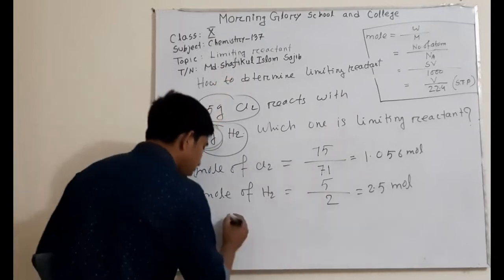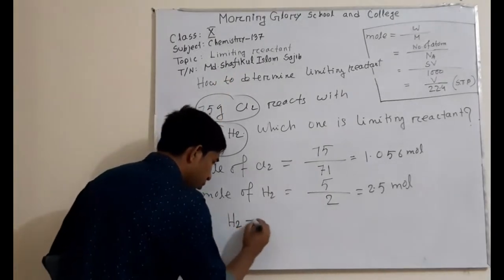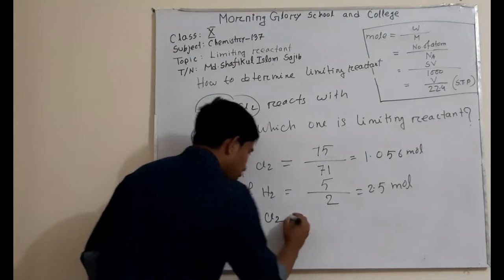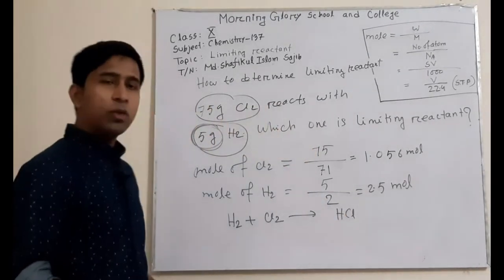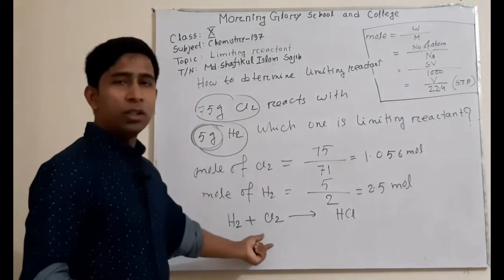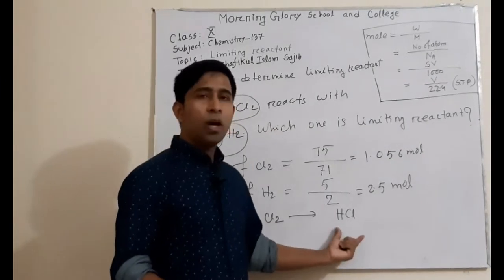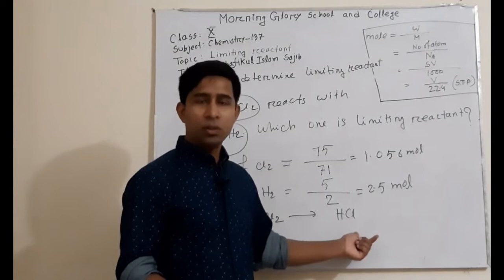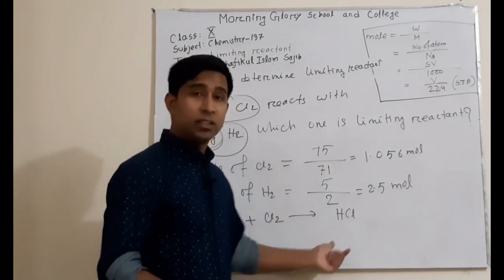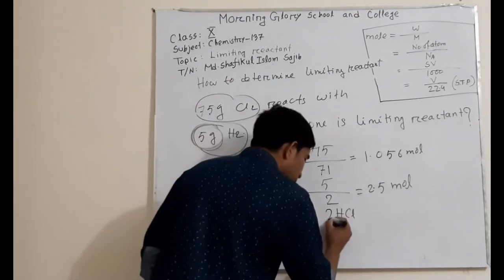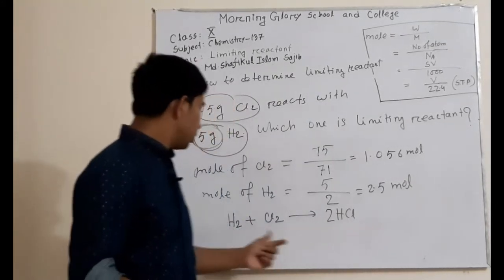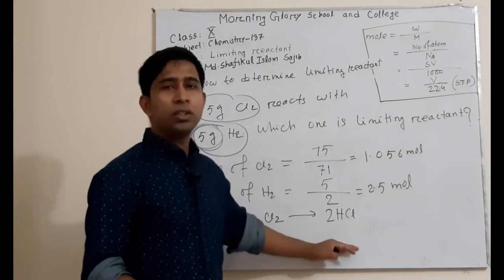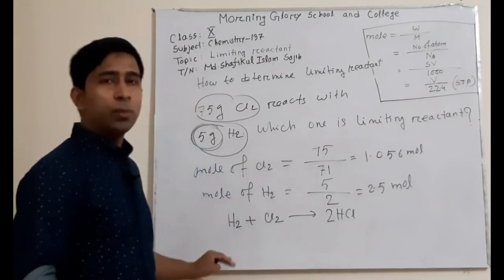Now let's write hydrogen, chlorine react produces HCl. So you can see we have 2 hydrogen, 2 chlorine, but here we have 1 HCl, that means 1 hydrogen, 1 chlorine. So the reaction is not balanced. This is why we need to give here 2. So now we can see there are 2 hydrogen, 2 chlorine. So this is the balanced reaction. So our step 2 is also done.